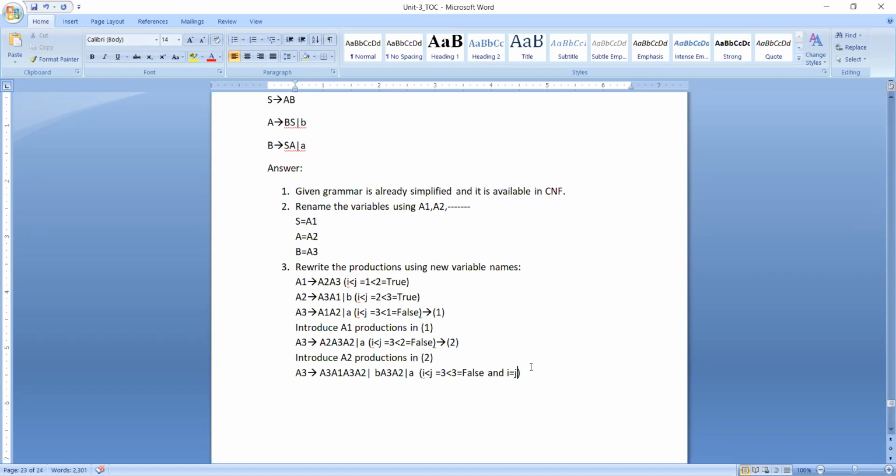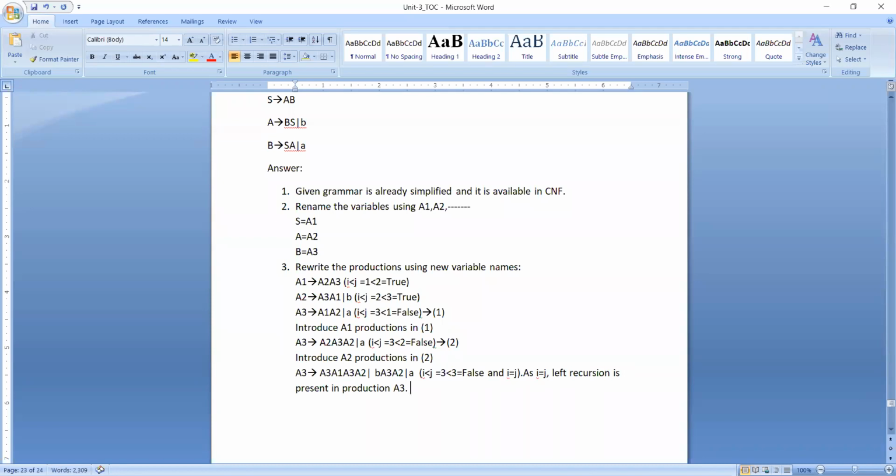Which means what is happening here? Now there is a left recursion available with this production. Okay. So here I am writing I is equal to j, so left recursion is present in production A3.